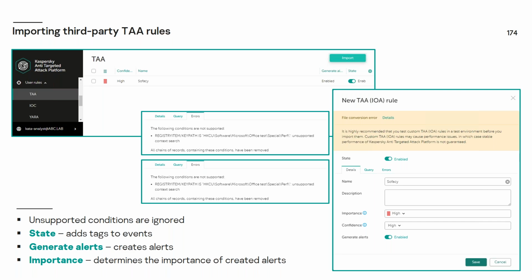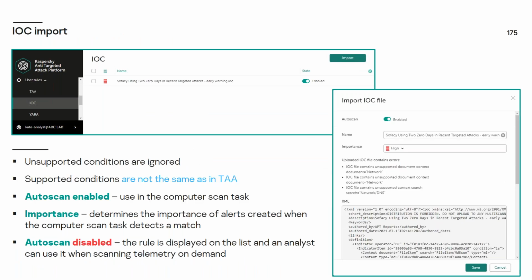But generally speaking, you can once again create your own rules, or import your own rules from third parties, that will be completely based off of the experience and expertise of the team that's actually handling the solution itself. The same goes for IOC rules. As I've mentioned to you, IOCs by themselves are going to be empty or blank in the beginning. Kaspersky has our own set, but that's not going to be listed here. These IOC importation capabilities are primarily for any custom